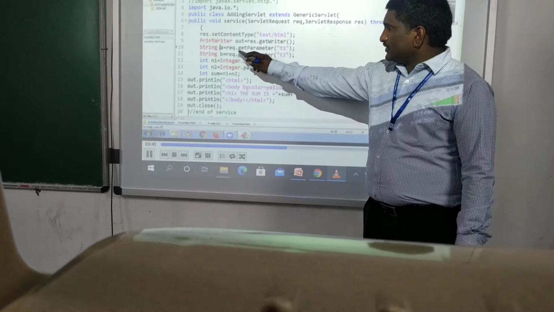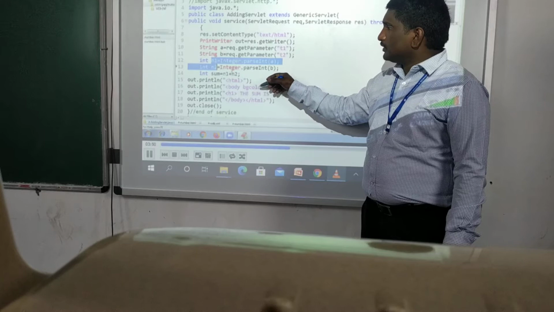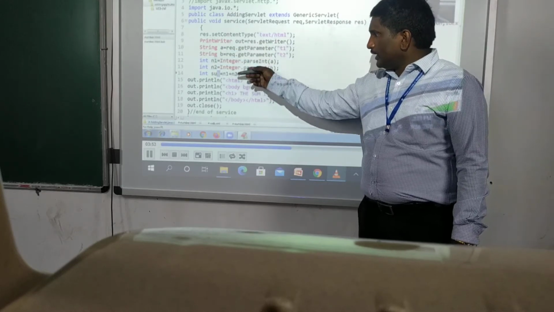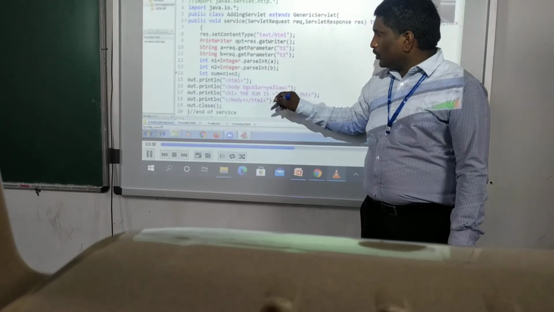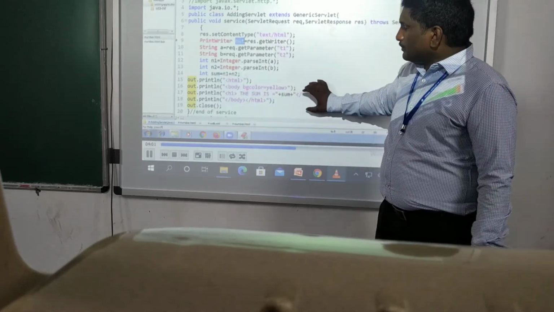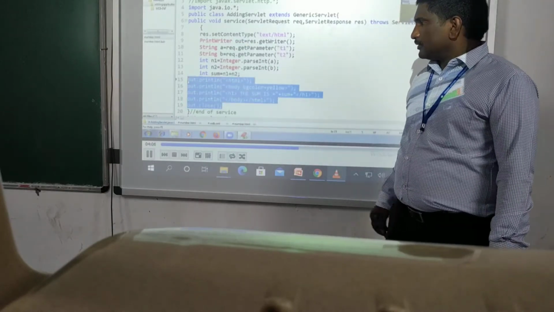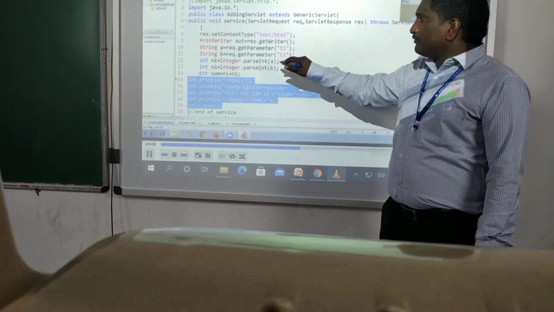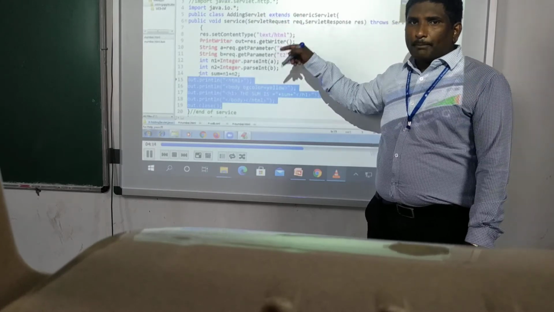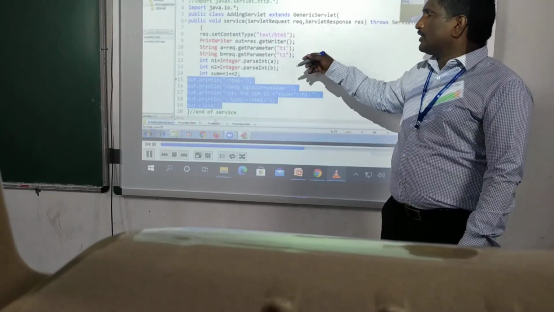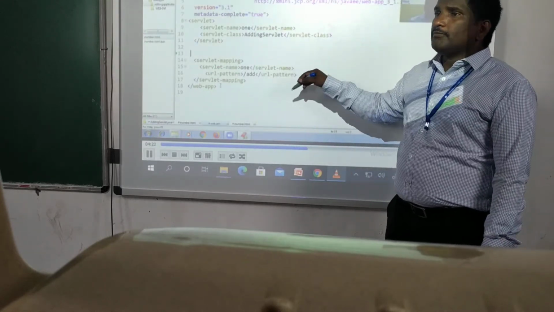These values are stored in the string type A and B. Those A and B values, by using parsing, are stored as integers N1 and N2. Finally, the business logic is sum equal to N1 plus N2, and that output can be displayed by using the out object. After writing this code, we should save it as AddingServlet.java. We should compile it by using javac AddingServlet.java so that the class file is created. After that, we need to develop the web.xml file.